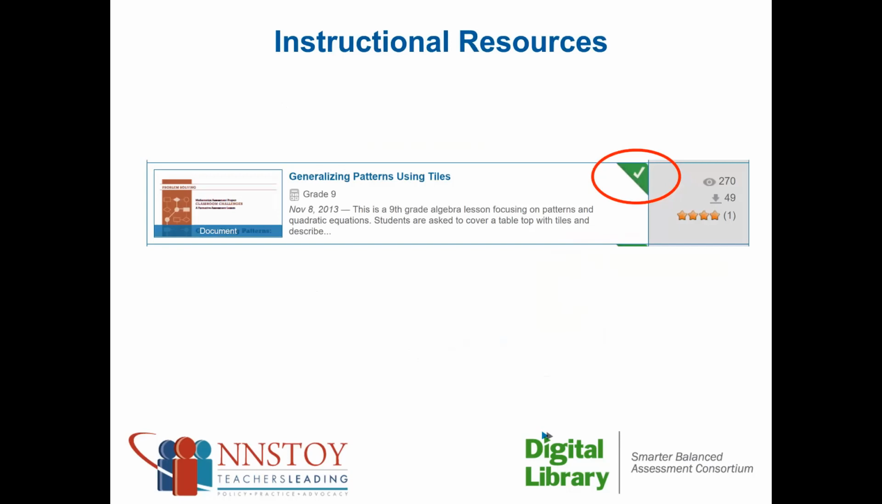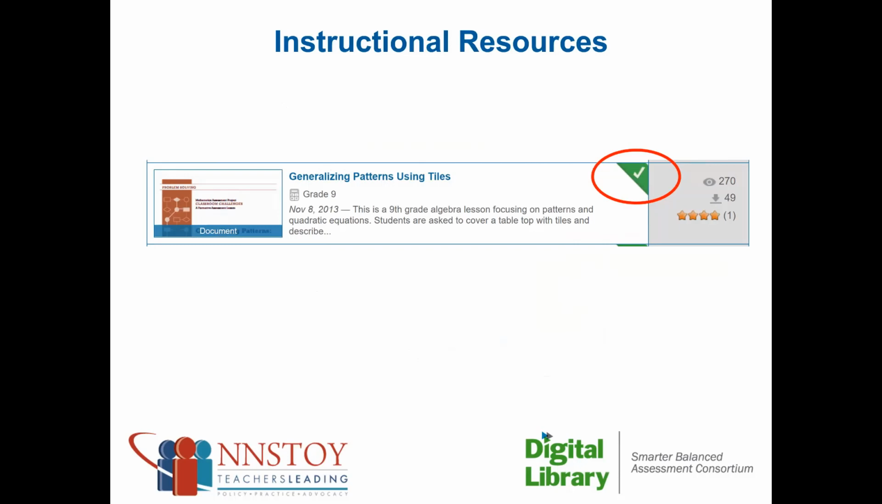So here I've given you an image of one of the instructional resources. This one happens to be a math one on generalizing patterns using tiles, leveled at grade 9. It's primarily a document. When you pull this list of materials up, you'll see that they're sorted. And the default sort order is driven by that little green check mark that you see circled in red there